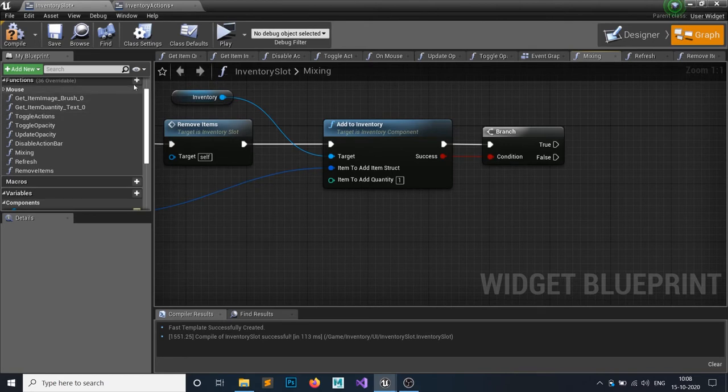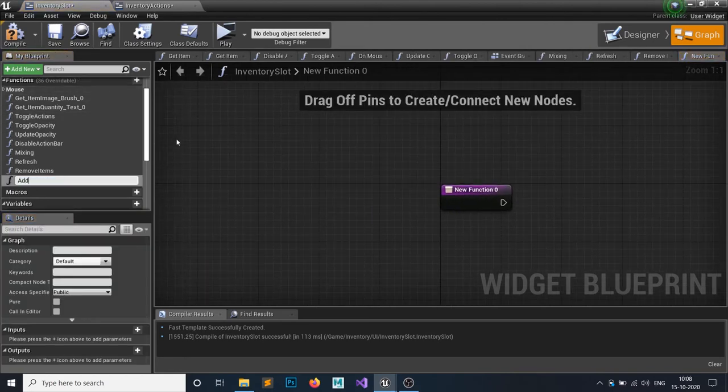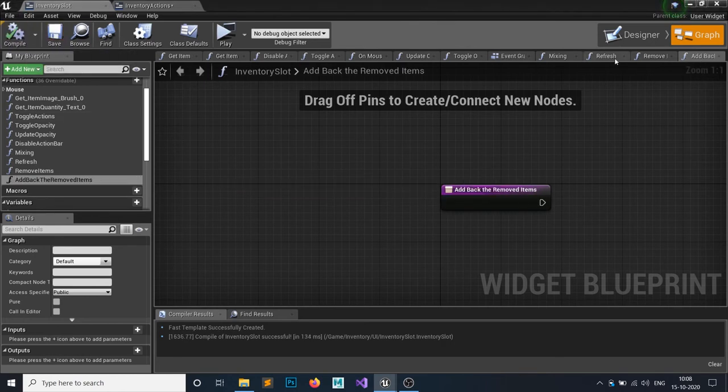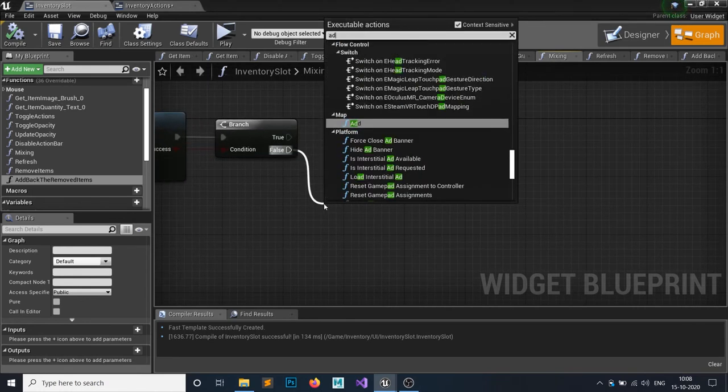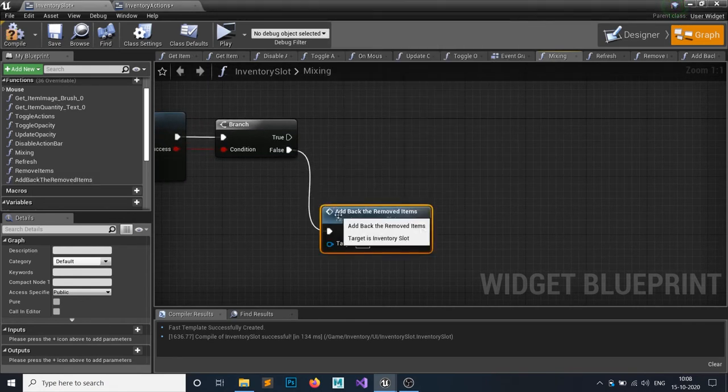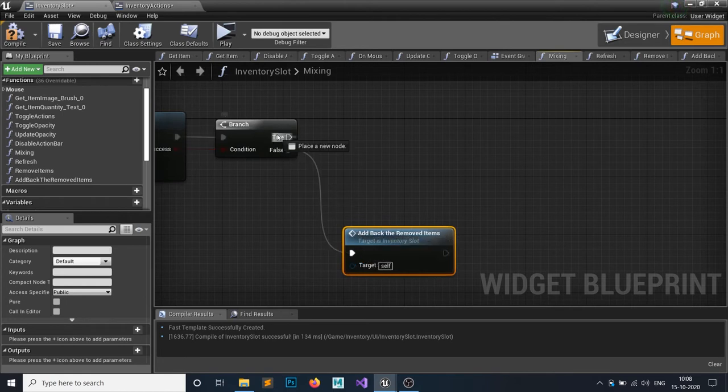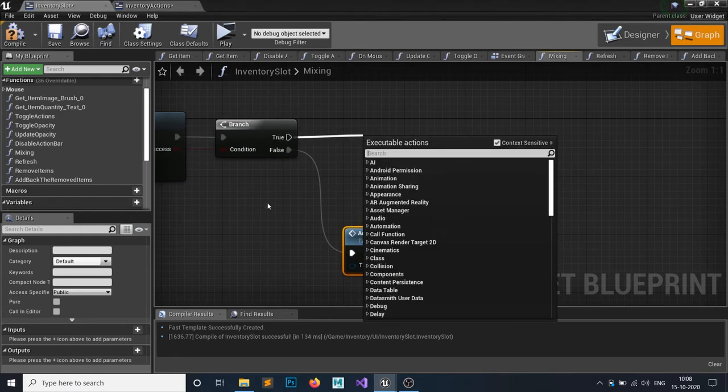So add another function called add back the removed items. Let me compile, save. Where was it? In mixing. So if it's false, then we want to add back the removed items. If it's true, then yes, we have done things.